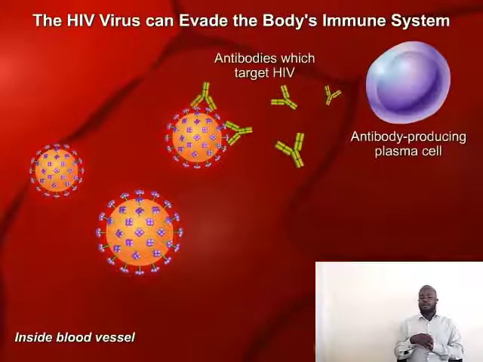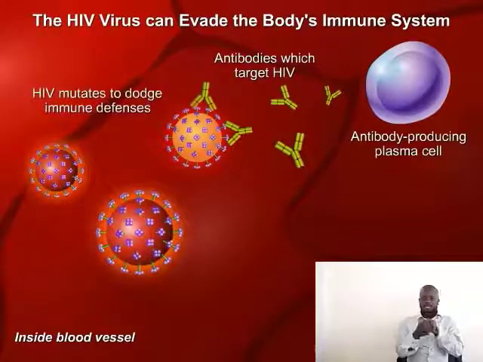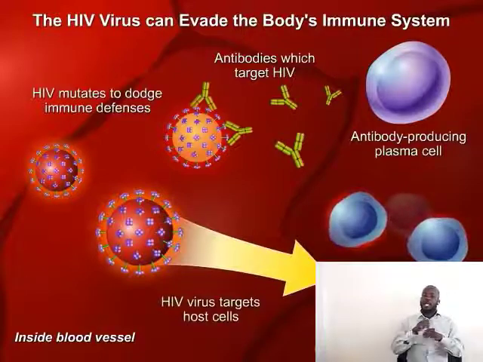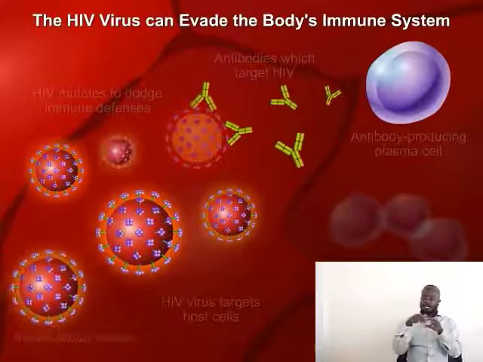Antibodies are the body's defense against infection. However, in the case of HIV infection, the HIV virus is very tricky and can easily change its form or mutate, evading the body's antibody defense. With the ability to avoid the body's immune system, the HIV virus can keep replicating, resulting in an infection that